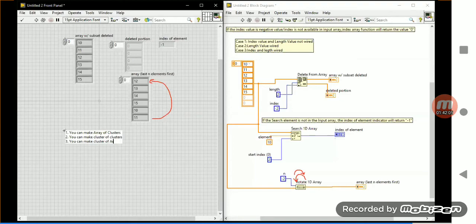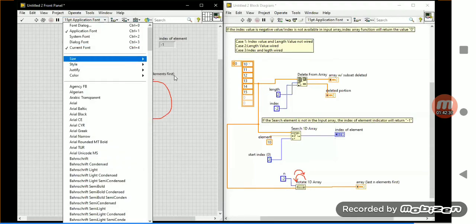The fourth one, array of array. You cannot make an array of array. Very, very important, the fourth one. You cannot make an array of array. That is not possible. But the remaining three things are possible.